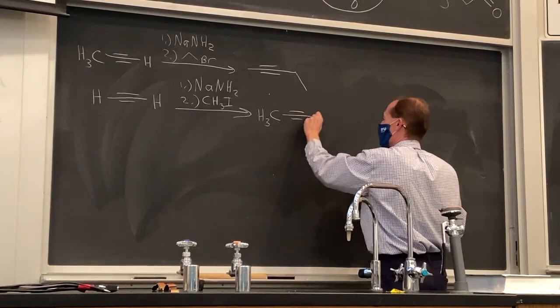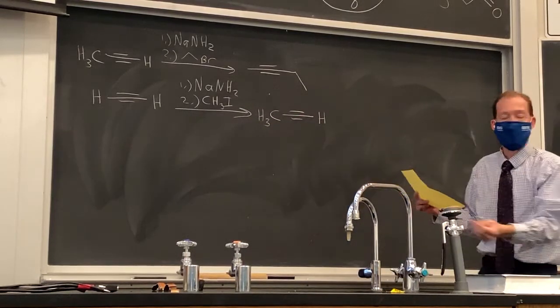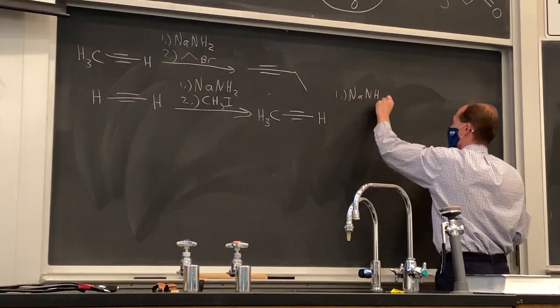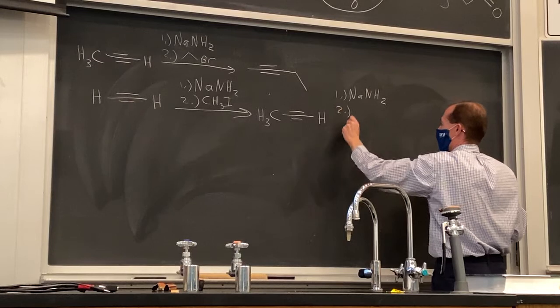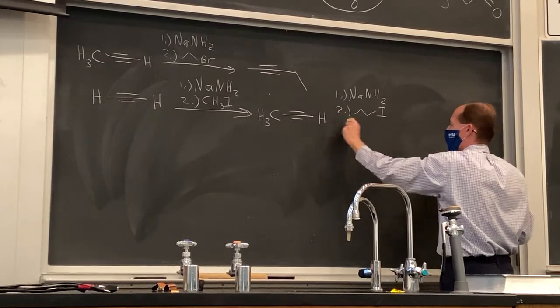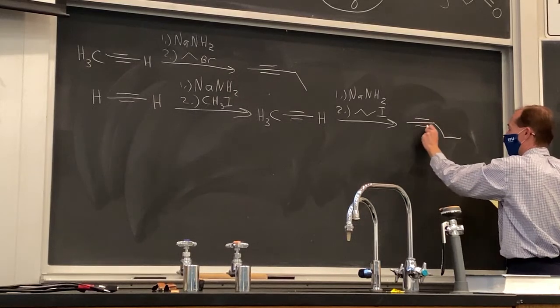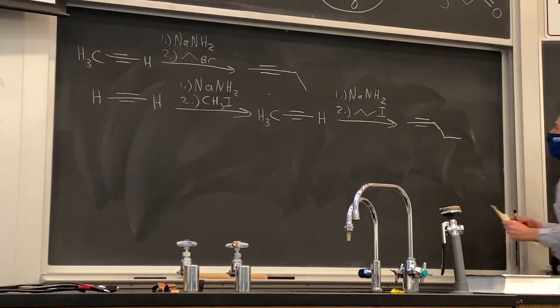So in this case, we could form our propyne, and then we could react that again with sodium amide or sodium hydride. And in this case, we would end up with a 6-carbon alkyne. Okay, so with acetylene, you have the ability to add 2 consecutive halides,